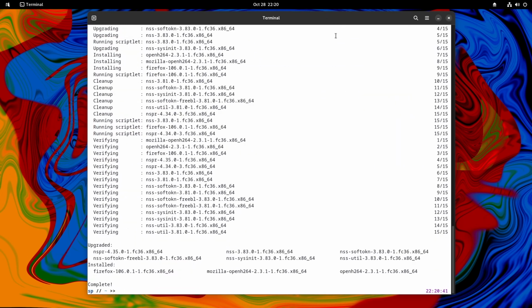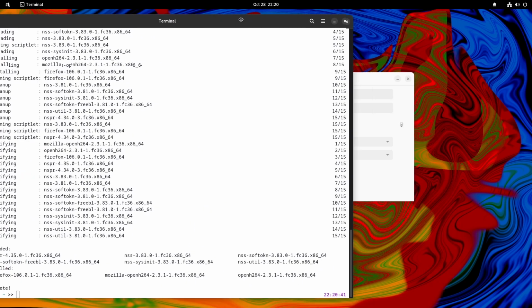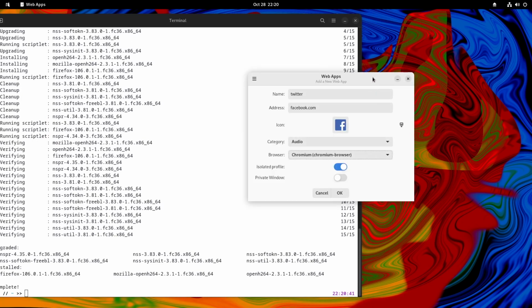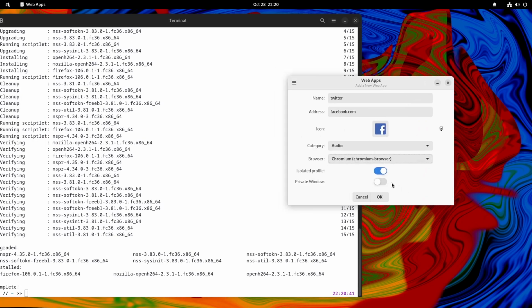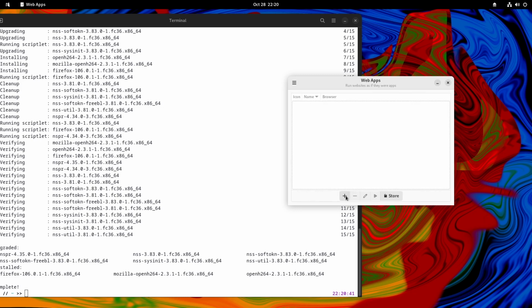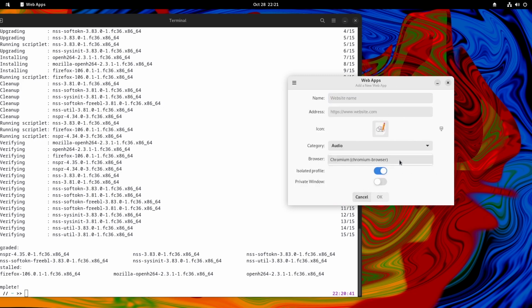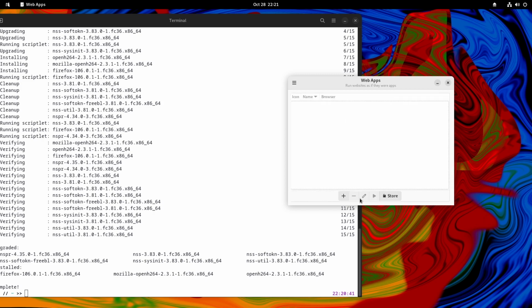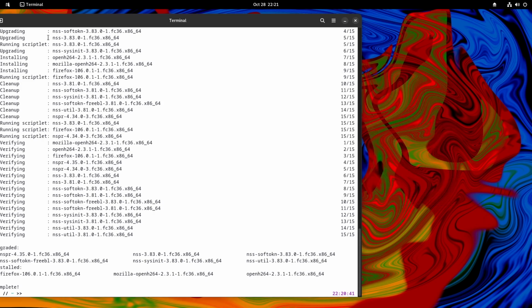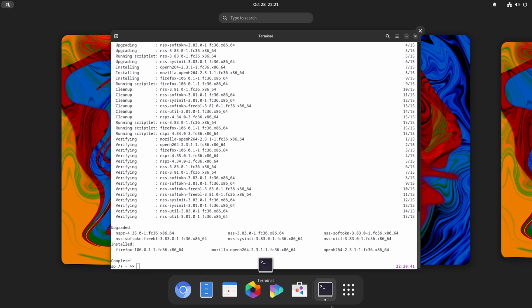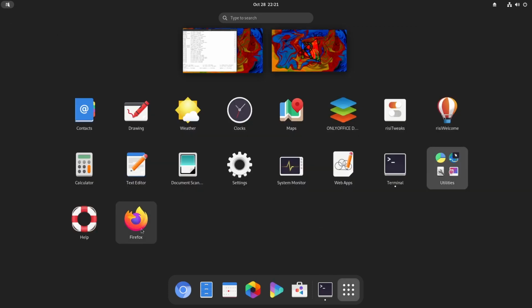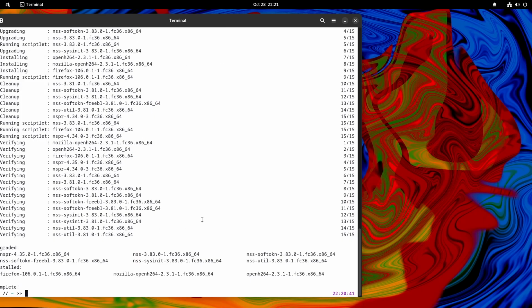Okay everyone, the installation process of Firefox is finished. So I will go to the web apps again. Wait, I will restart this process. I will try to run Firefox.